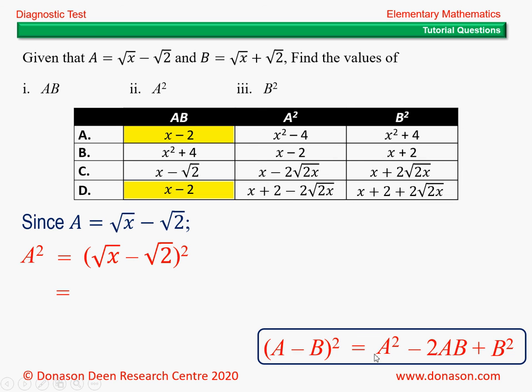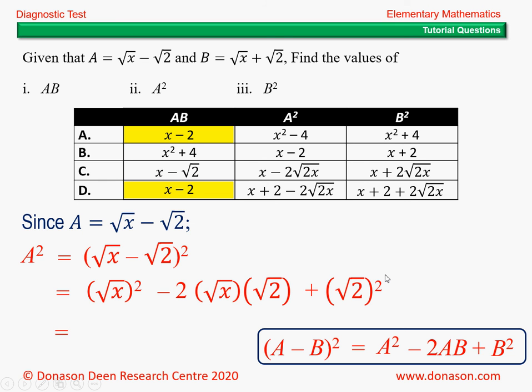So the right hand side is going to become a squared, so root x squared. You can see that, because when I substitute my a with root x, so root x and a squared, then followed by a negative sign, so minus 2 times the a value, of course, is still root x, and the b value is of course root 2, if you compare it, so square root 2. Then we have written minus 2ab, so we have written all the terms here, and what else we have left, plus b squared. And what's your b value? So we should remember to put a plus, and b value is square root 2, so we're going to write